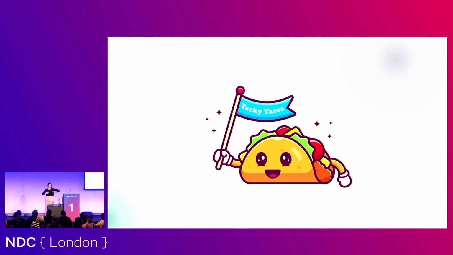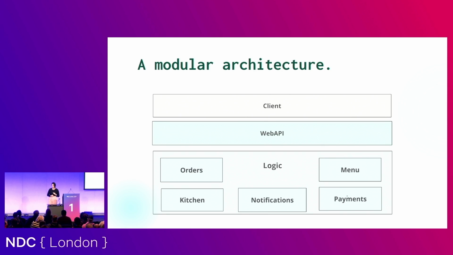I have my little project that I've been working on for several years, and if you were in my workshop earlier in the week, we built out Taki-Takos. So I'm going to explain how you can do it in your .NET applications using Taki-Takos as an example. This is our modular architecture, and we have the client, whatever that may be, and then we have a web API. That is our single executable. That's the only executable apart from the client. We're ignoring that, that's off on a CDN, whatever. But we have our web API as an executable, and then all of our logic is encapsulated into modules.